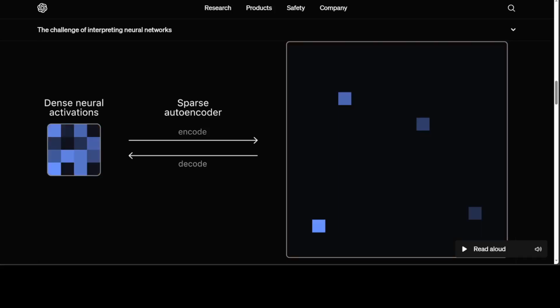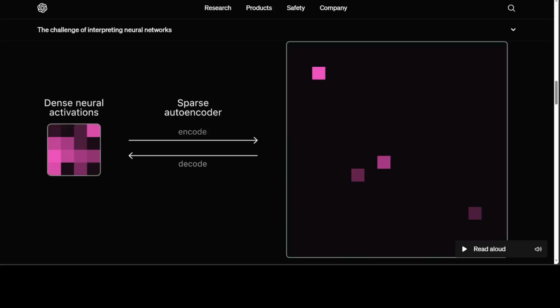In order to understand and interpret neural networks, we first need to find useful building blocks for neural computations. But the problem is that the neural activations inside a language model activate with unpredictable patterns, seemingly representing many concepts simultaneously. They also activate densely, which means that each activation is always firing on each input. But real world concepts are very sparse. In any given context, only a small fraction of all concepts are relevant. Just think about your brain. Whenever you are thinking about some specific issue, you only deal with small bits of information. You don't really go into your brain and activate everything.